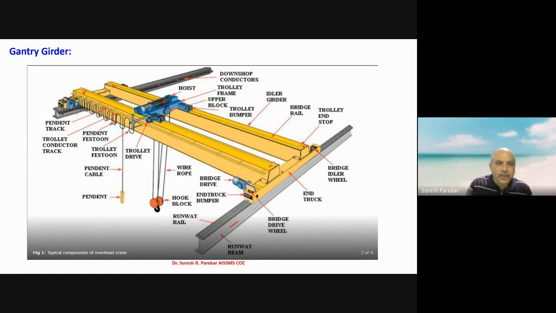Now we have the hook approach, so we have some distance till which we can take this crab, and that will give me the maximum value of wheel load. So for the maximum value of wheel load, we have to put this crane crab at the hook approach from the gantry girder, and then the crane will move on this one. Try to understand this: the crab will move on this crane girder, and these crane girders are going to move on this gantry girder. We are interested in designing gantry girders.